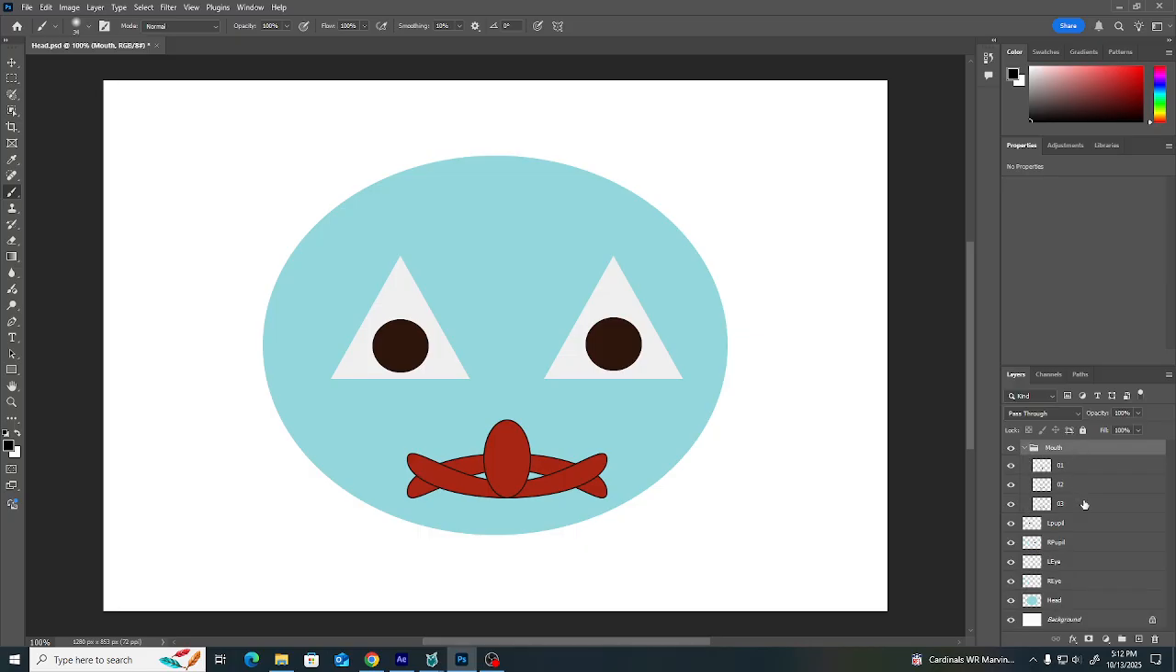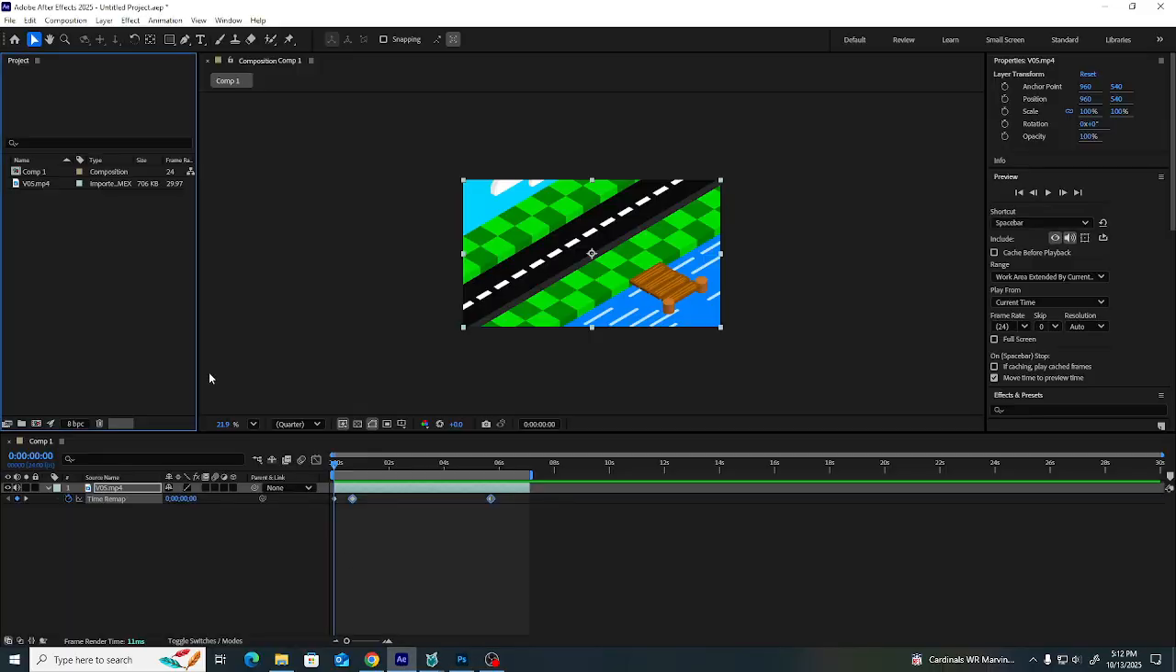So for example, if you want to have different shapes for your eye, you have to have a folder for the eye, create different layers inside that, and in each layer draw that shape of eye, and they all have to be on top of each other. This is what we are going to deal with. So go to After Effects